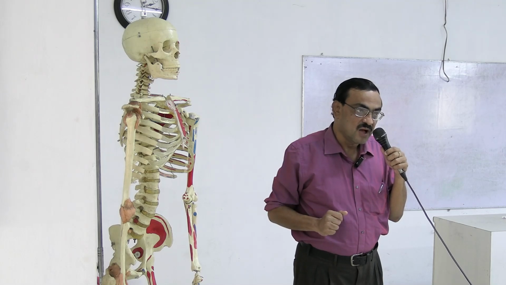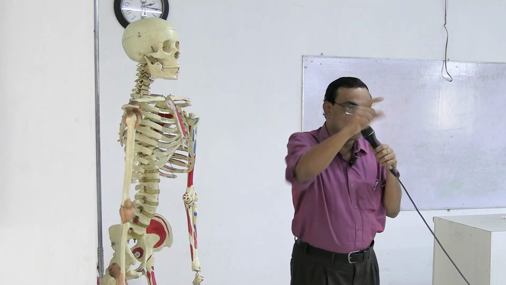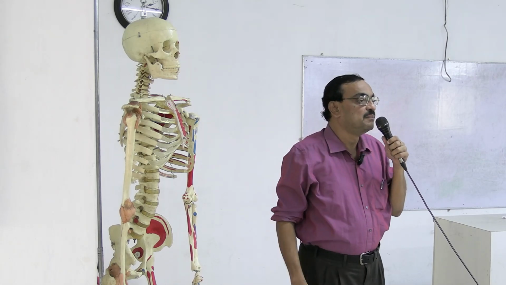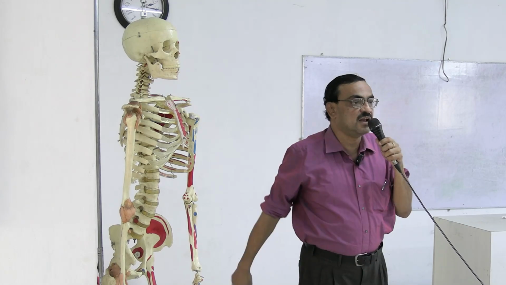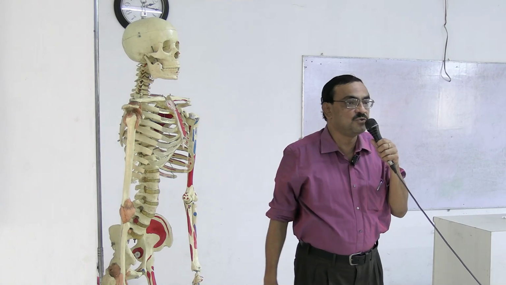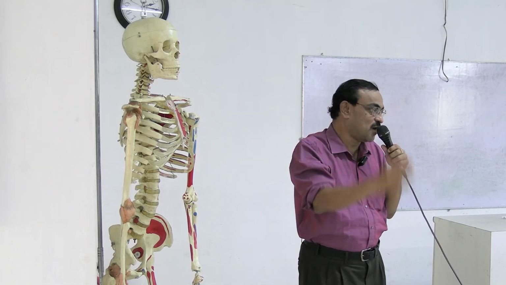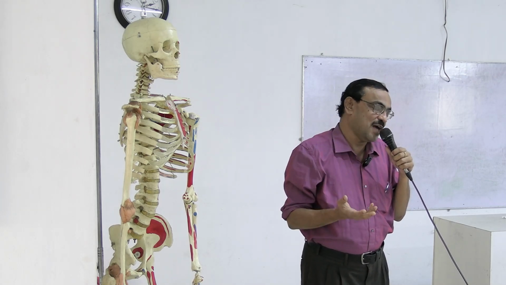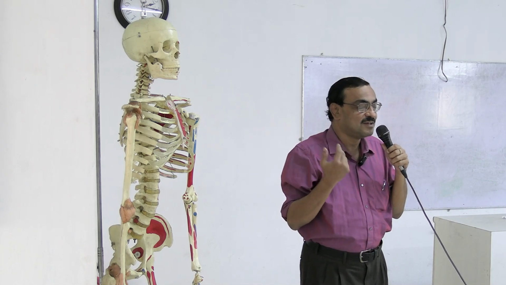I will show you the different nerves like the musculocutaneous nerve, the medial root of the median nerve, the lateral root of the median nerve, and the median nerve itself. I will show you the ulnar nerve, the medial cutaneous nerve of the arm, the medial cutaneous nerve of the forearm, the radial nerve, the axillary nerve, upper subscapular, lower subscapular, and